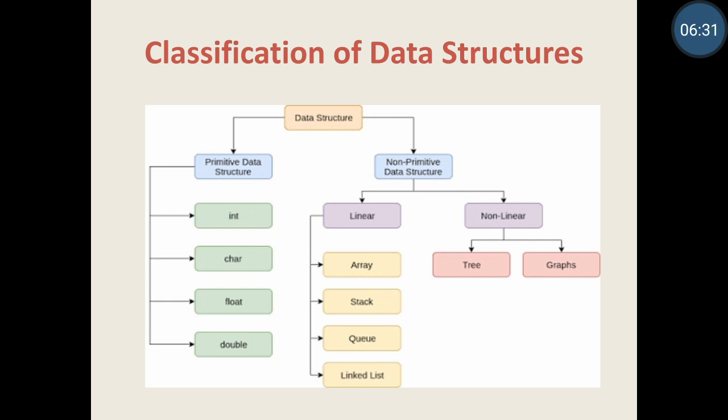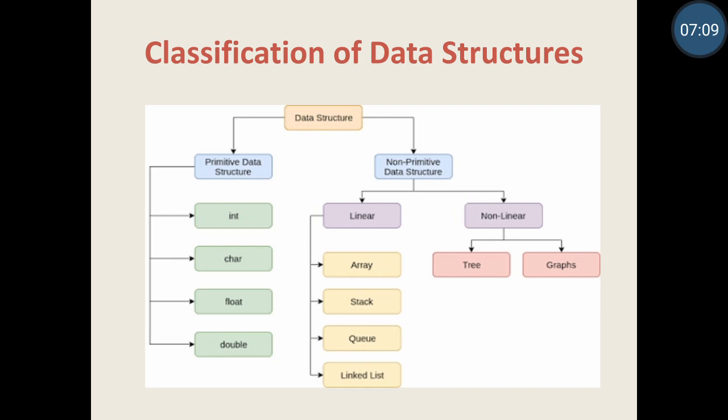Now why are these data structures called linear data structures? These are called linear because data elements are stored in a sequential manner, or linearly, meaning all data items are linked or connected with each other by using some pointers or links. We can retrieve data items sequentially, and we can store data items sequentially in a linear data structure. It means there is a sequential relationship between all the data items in a linear data structure.